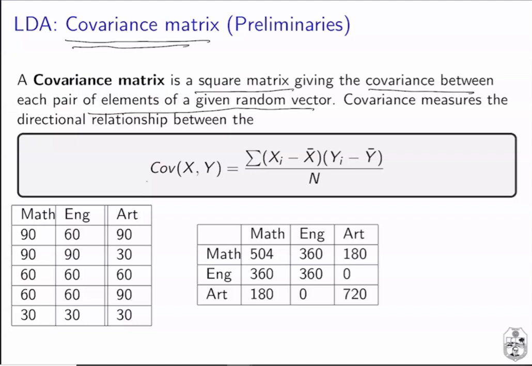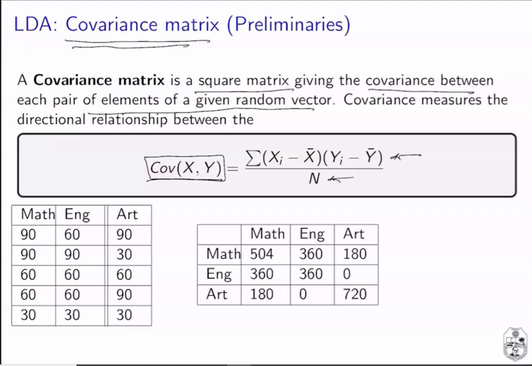And here the formula to calculate the covariance of two different attributes or features is given. It is nothing but the sum of the products of the difference between the average value and the individual value,